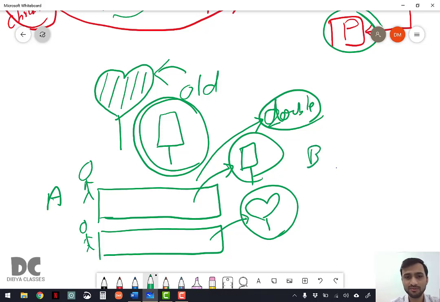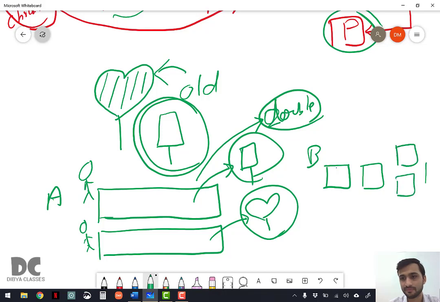But what will B do? Very easy for him. He will connect mixing with freezing, and freezing he will divide into two parts.